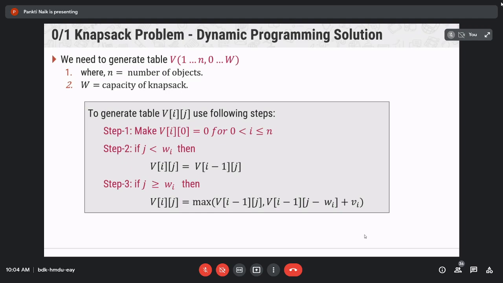You have to remember these equations to fill the knapsack table.